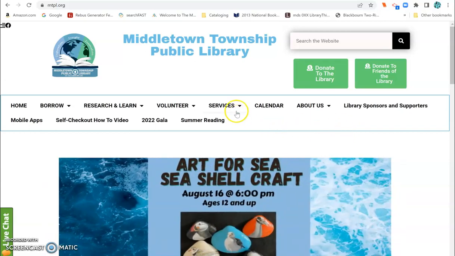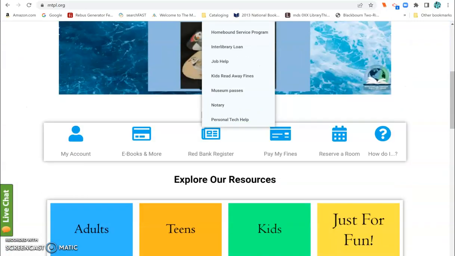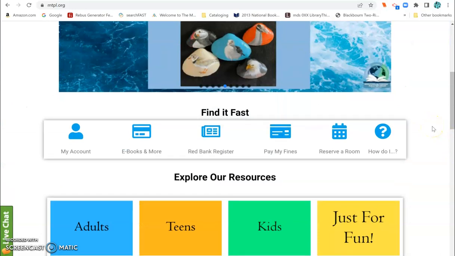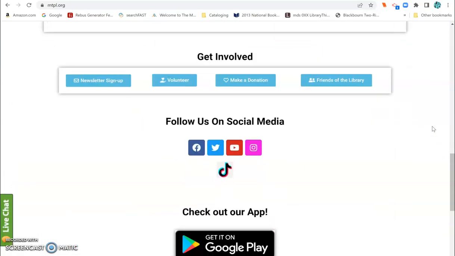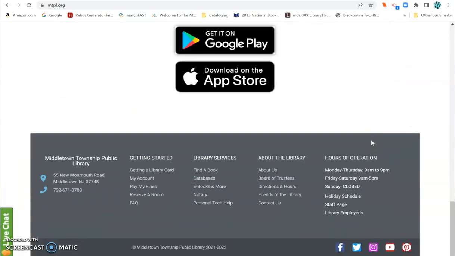If you need more than just a quick question, you're looking for more detailed help, you can always make an appointment. So if you scroll down to the front of our screen, you'll see here this personal tech help. If you click on that link right there, you can fill in some information. It'll set up an appointment for you with one of our librarians, and you will have a 1-hour one-on-one session